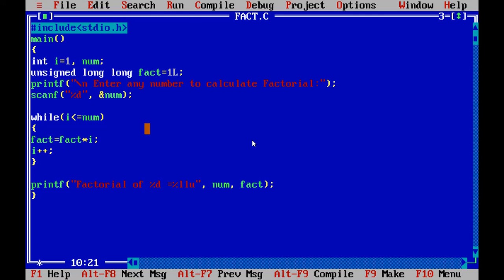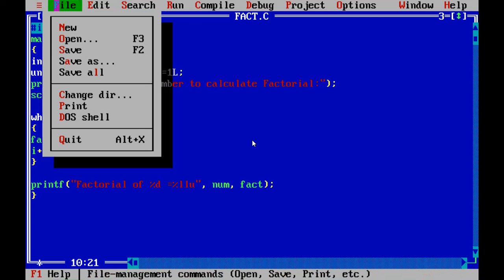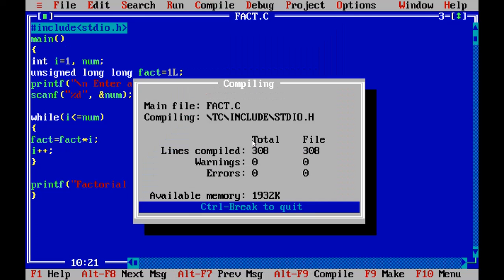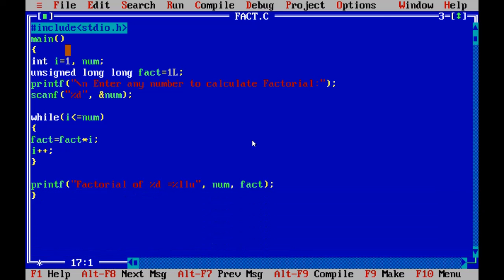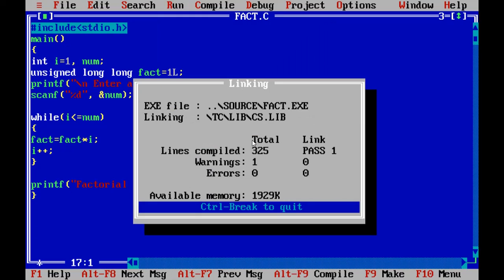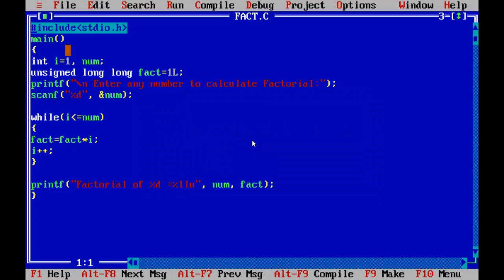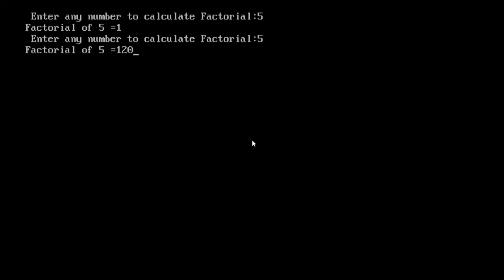This is the mistake. File, save, compile the program, run the program. 5, alt F5, see the output. Yes, factorial of 5 is 120.